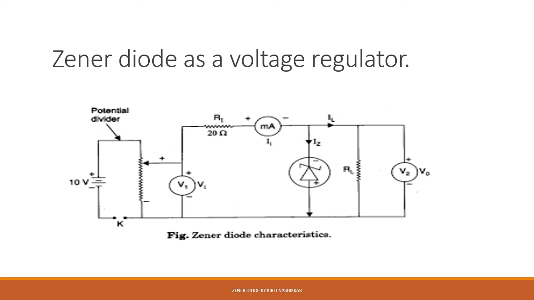This circuit itself is called the voltage regulator circuit because with this circuit we are getting a constant voltage in the reverse biasing. This voltage is constant. So that means we can say that the voltage is regulated. The voltage is made constant. That's why this circuit is also called the voltage regulator circuit.